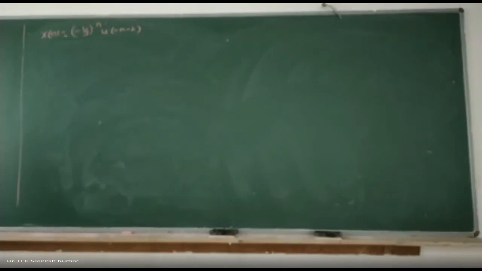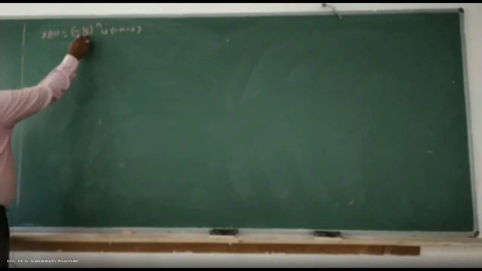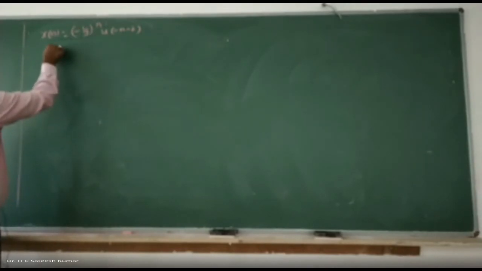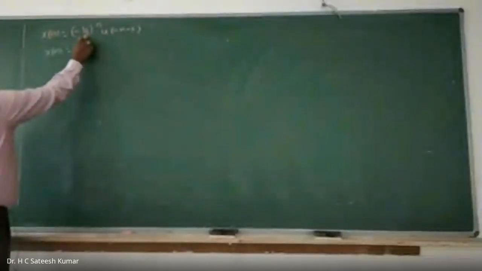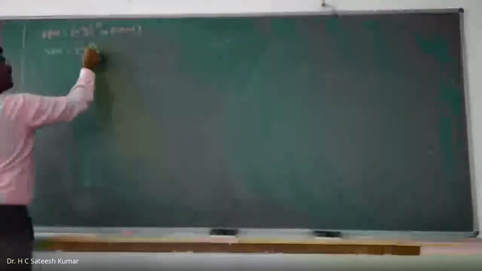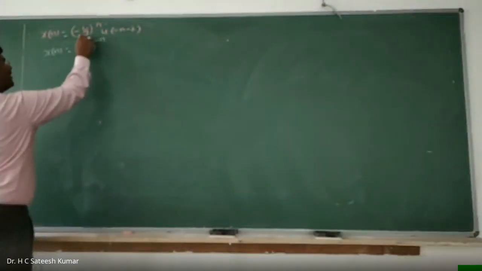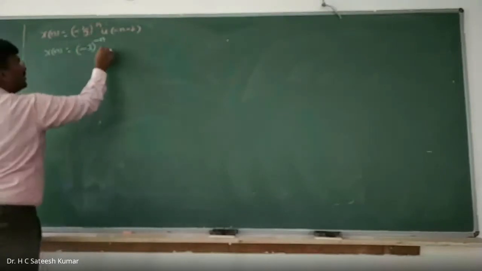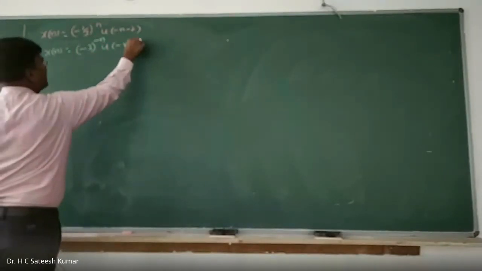Okay, right. But minus n is there. How to make it minus n? So what you do is take this 3 to the denominator. x of n is equal to. So when you take this 3 to the denominator, numerator, what will you get? 3 to the power of minus 1 you will get it. That minus sign is take it outside. So therefore what will you get? Minus 3 to the power of minus n we can write. When you take 3 to the numerator, it becomes minus n into u of minus n minus 2.